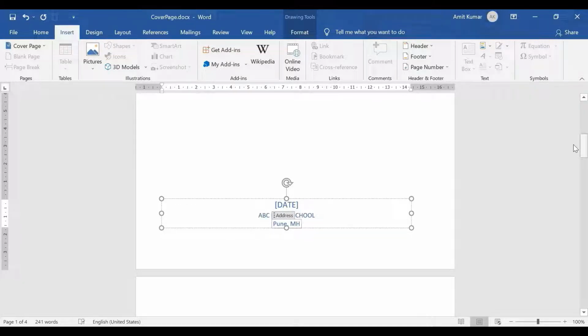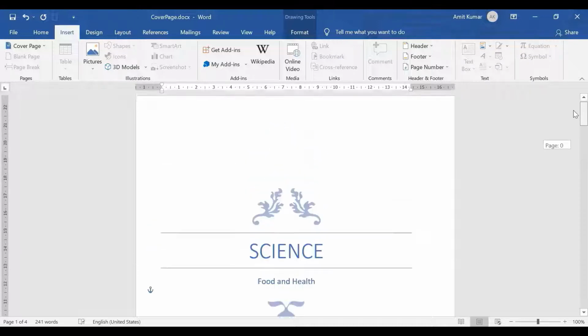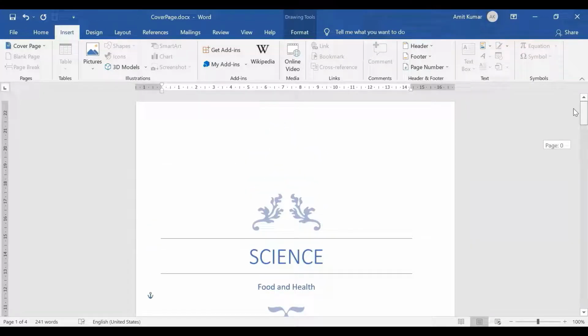So this way, whosoever is going to read this document will get an idea what lies in the document. This document is on the subject science and it talks about food and health topic. So next time, students, whenever you are working on a project, working on some assignment, try to include a cover page so that your document is more presentable to the person who is reading your document.